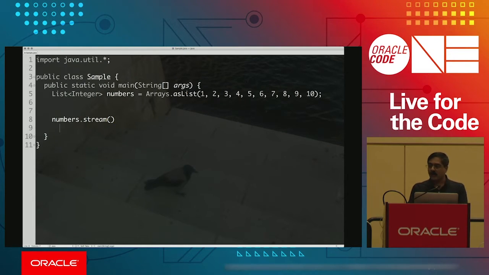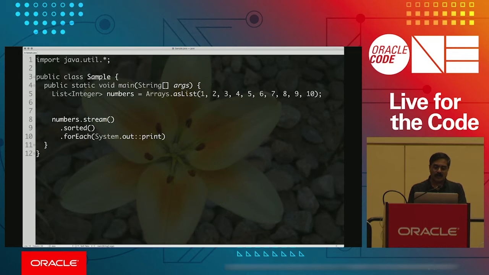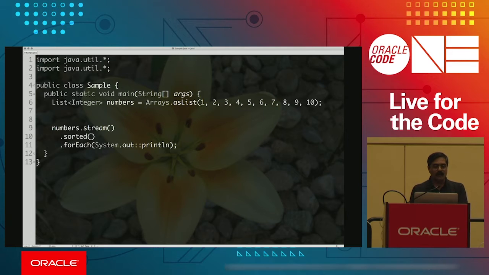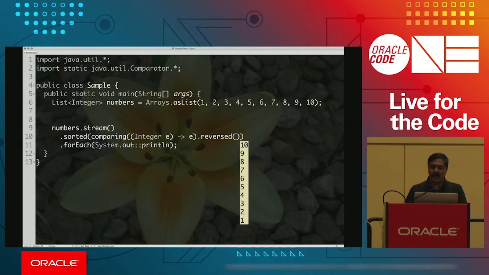So as an example, let's say we have a sorted, I'm going to call on this one, and I'm going to then simply print out for each, and I'm going to simply print out system.out. Now, in this example, what is the sorted going to really do? I'm going to bring in the comparator, and I'm going to bring in the static methods in the comparator. So I'm going to say over here, comparing, and in this case, I'll say integer element, and I'll simply return the element. I'll call reversed on this one, and I'm going to go ahead and run this code,